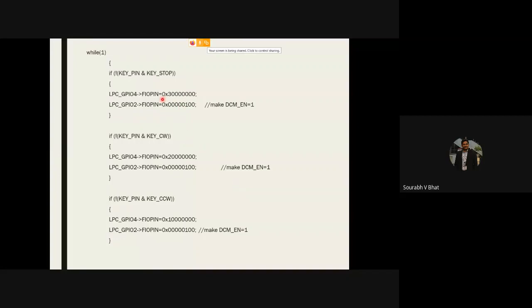Before activating the enable pin, make sure that your driver IC inputs have the proper voltage levels. Otherwise, it will take the pull-up values, either connected to pull-up or pull-down levels. Yes, ma'am, got it. So whichever value we want to send, that value should be sent to those port 4 pins.